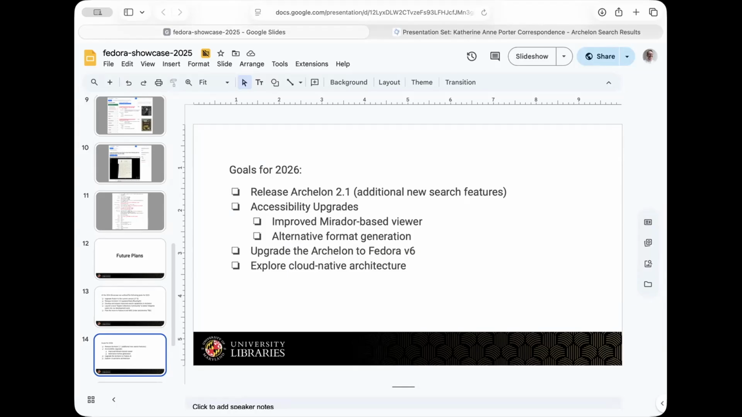And then we do want to upgrade Archelon to use Fedora 6. And when Avalon gets to that point too, we'll be upgrading the Avalon. And then I think we would perhaps like to explore more of a cloud native architecture. So right now, when we did the data center migration, as I said, it was lift and shift. And so the applications didn't really change. So in the case of Fedora, we are running